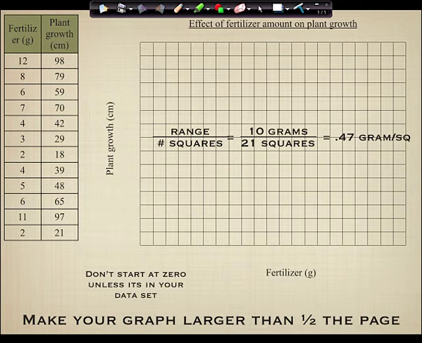You ready? So check this out. We said 21 squares. This goes from 2 to 12. That's 10. 10 divided by 21 is 0.47. So I'm going to round that up to 0.5. Now when I label my axes, notice I didn't start at 0. I started at 2. And I'm going to go 2, 2.5, 3, 3.5, 4, 4.5, and so on, because remember I rounded 0.47 up to 0.5. So every one of these lines represents 0.5, and I started at 2. Questions?